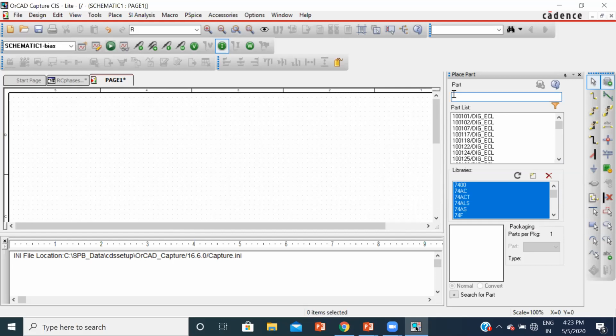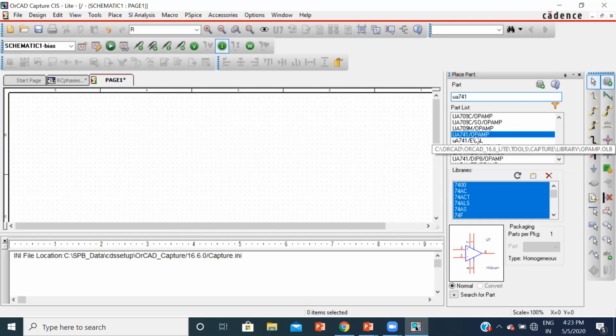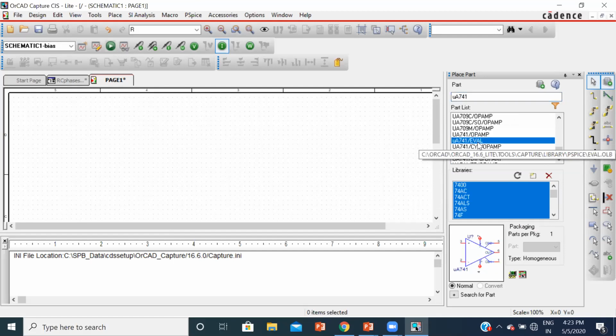So to rig up the RC phase shift oscillator using an op-amp, you require a 741 op-amp. Search 741 op-amp. It is a mu A741. If I type mu A741, you can observe many 741 op-amps are available. Not all the op-amps are going to work, so you have to search. Here I'll be making use of mu A741 evol, that is evol. This particular 741 op-amp I'm going to make use of.